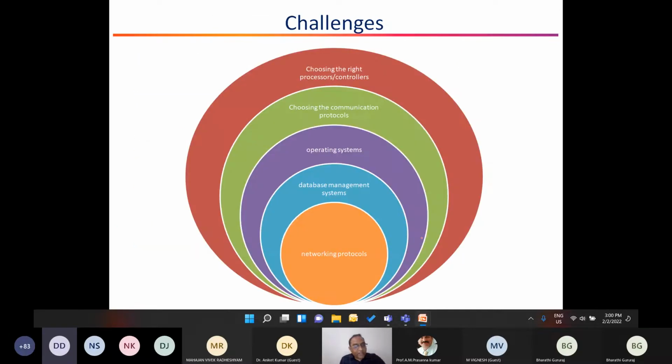So the typical challenges that we encounter when we look at Industry 4.0 with respect to various technologies are these. What kind of processor or controller we need to choose, and there is always a challenge because so much connectivity is involved among the components and the machineries. There could be a wired connection, there could be a wireless connection. All these things pose various challenges, like choosing the right communication protocols. It's not only that, even the operating system that goes into the systems has to be carefully chosen. And at the same time, since we share a lot of data to storage devices, managing this data is equally important, right?